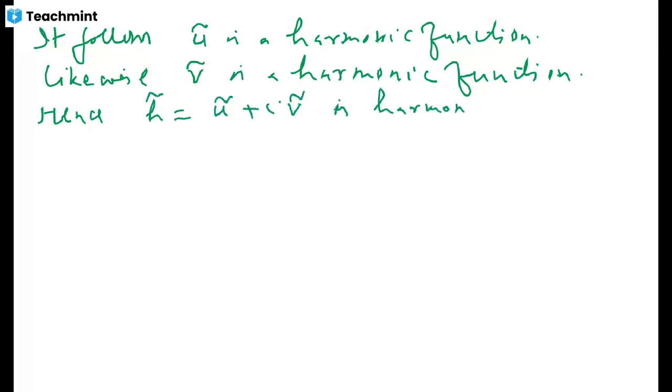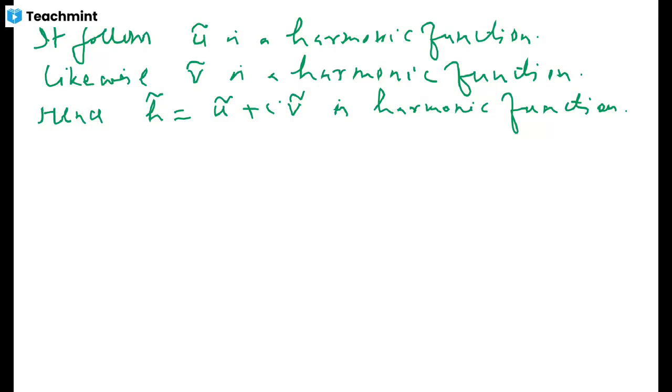It is a complex valued harmonic function, and a complex valued harmonic function is harmonic when both its real and imaginary parts are harmonic. So one thing that we proved about this h tilde is that it is a harmonic function, and to complete the proof, the only thing that